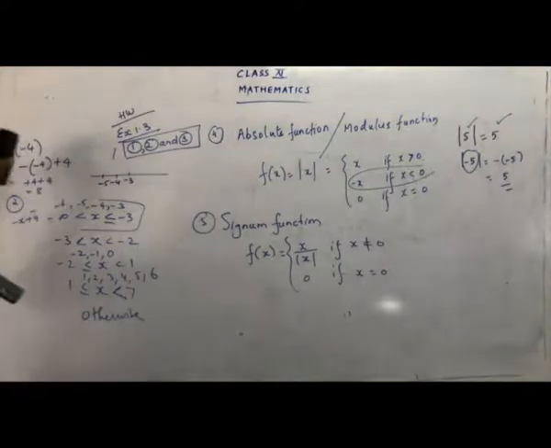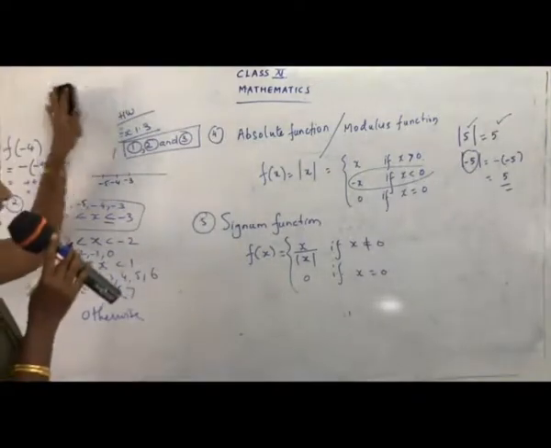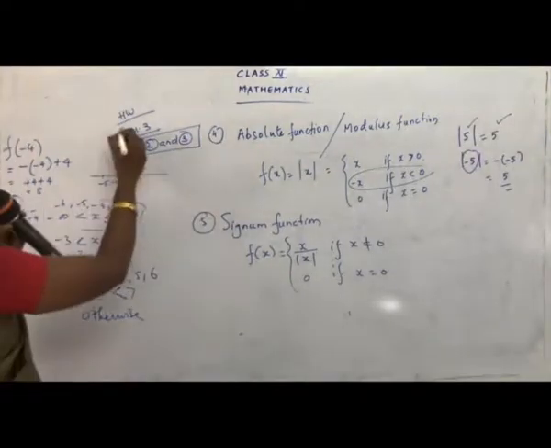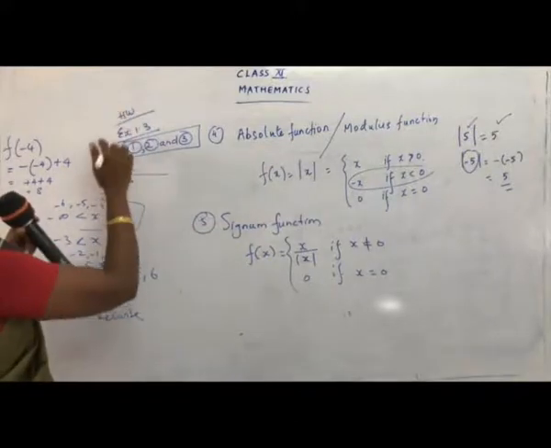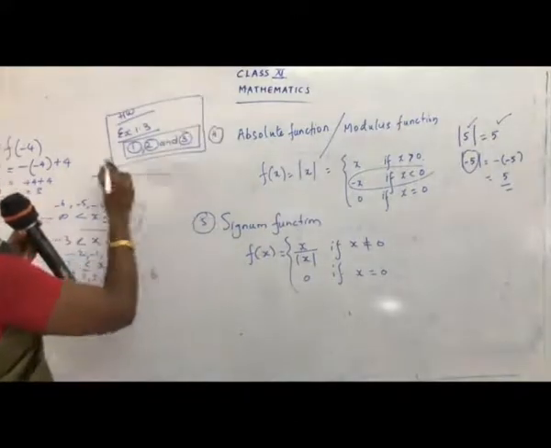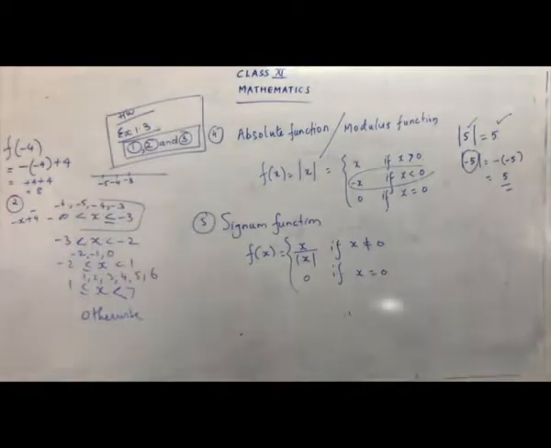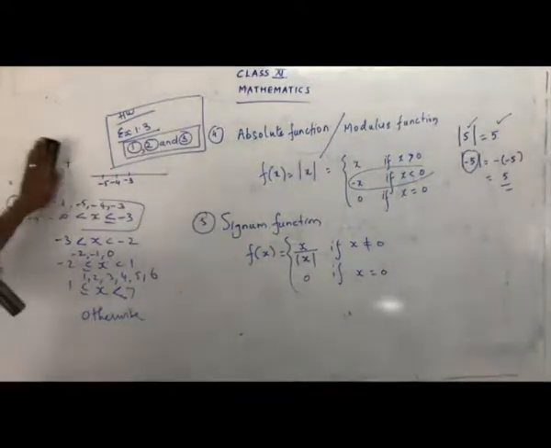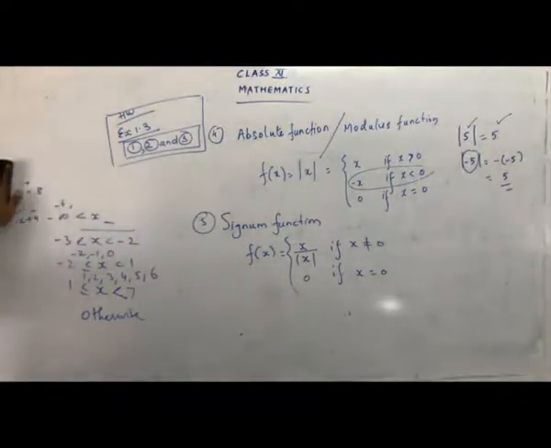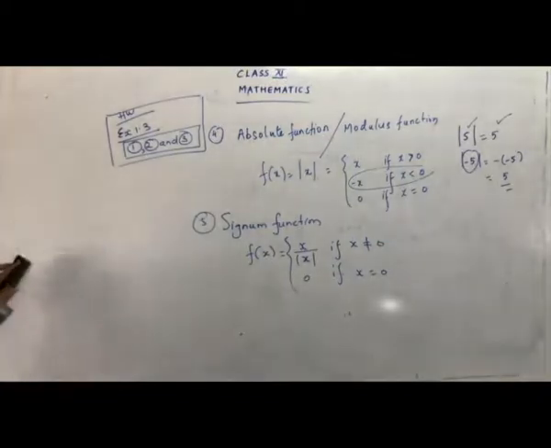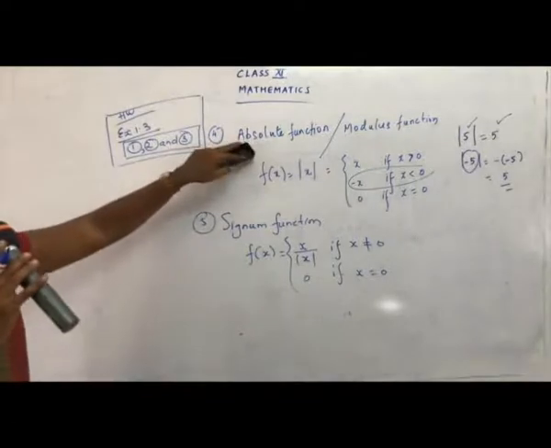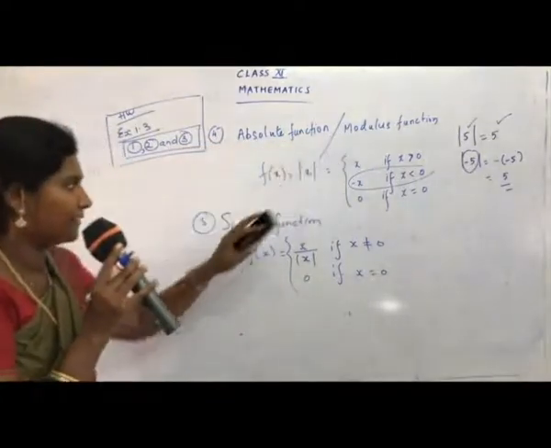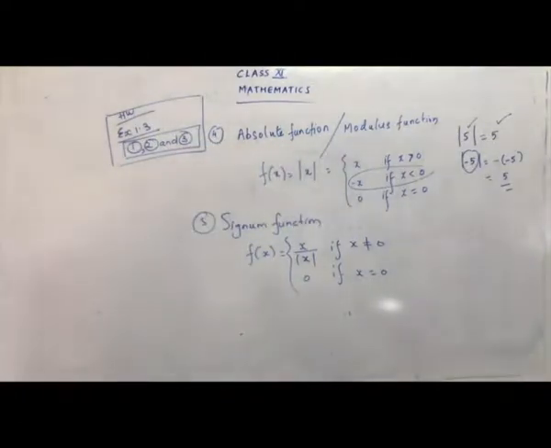Okay. Now let's come back to our function, because we were going with more functions, so we should not have a confusion. I have just a small refresh for you. I have given you the homework part. Now let's come back to our function. So what were the functions we have studied? The first one was identity, good. Second one, constant. Third one, zero. Fourth one, absolute function or modulus function. And the fifth one, signum function.